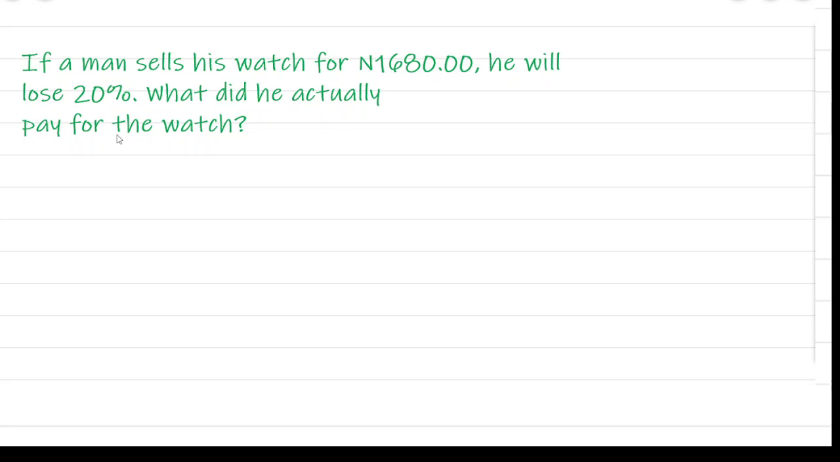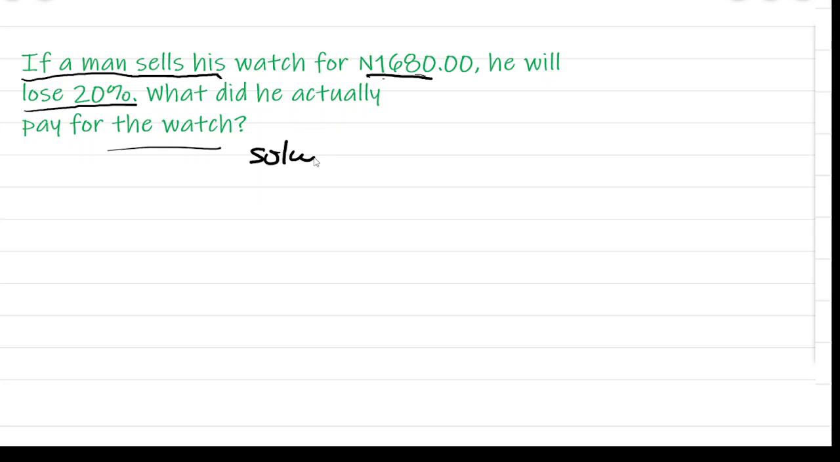Okay, this problem is telling us that a man sold his watch for 1,680 naira. He sold his watch for 1,680 naira. So if he sells his watch for 1,680 naira, he will lose 20%. What did he actually pay for the watch? Okay, so